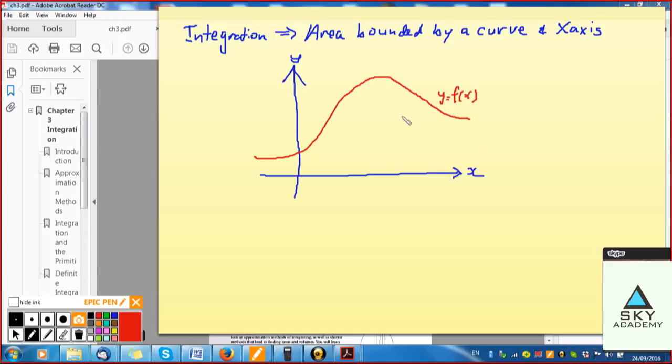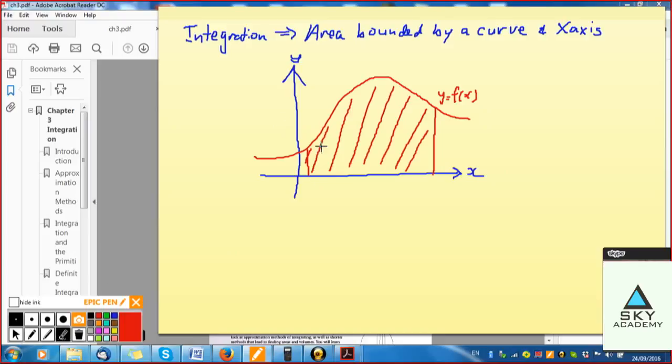Got it? Now the area bounded by the curve, let's say, for example,